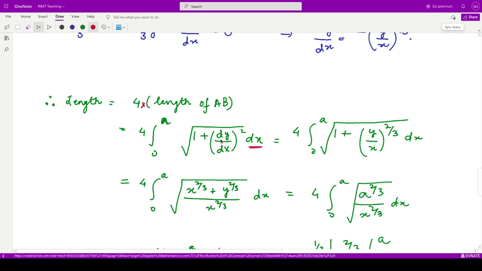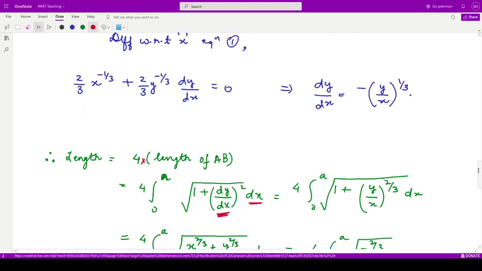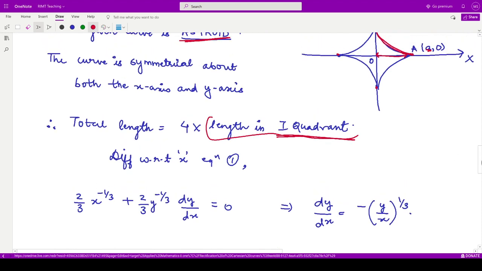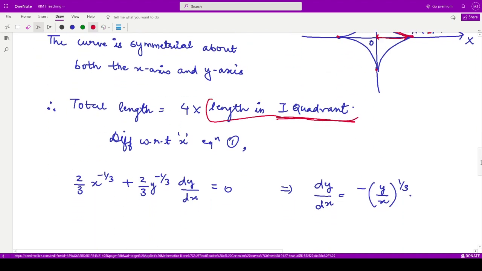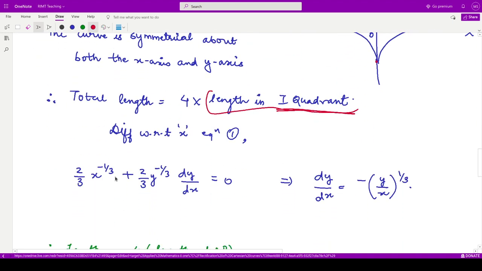Yes. So we have dy by dx. Its value is, we have just calculated its value by differentiating the given curve. The given curve was x to the power 2 by 3 plus y to the power 2 by 3 is equal to a to the power 2 by 3. So you can differentiate it with respect to x. So what do you have? You have 2 by 3 x raised to power minus 1 by 3 plus 2 by 3 y raised to power minus 1 by 3, then the derivative of y with respect to x. And then right hand side it is a to the power 2 by 3, so its derivative is 0. So we can simplify this. This is the first derivative that we were seeking.